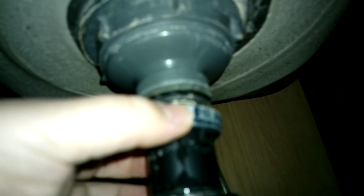Alright, now with that tightened, we take this ring, slip it back in between these two pieces, like so, and get this nasty fellow up here to tighten this back together. There we go. I'm going to do a little hand tighten, wipe off some of this water dripping out of it. And you know what, that's probably good enough, but